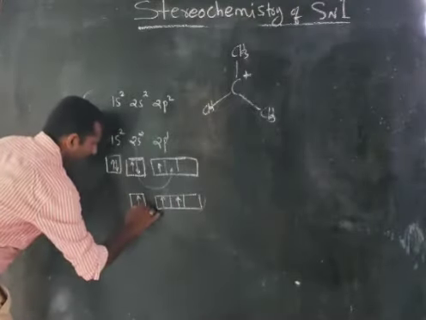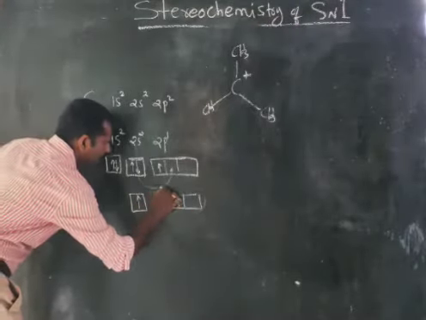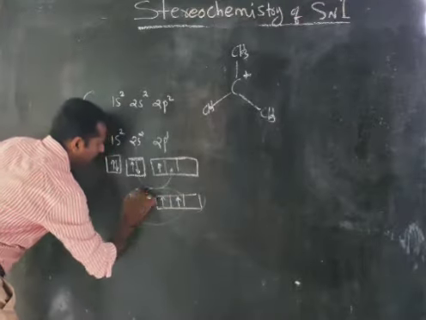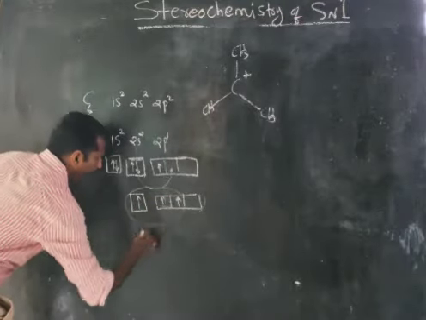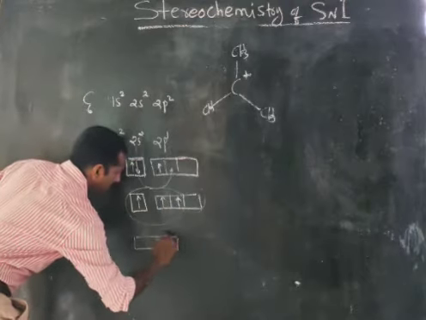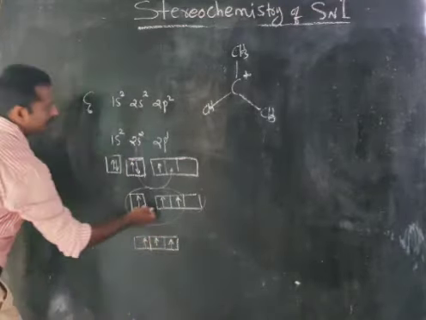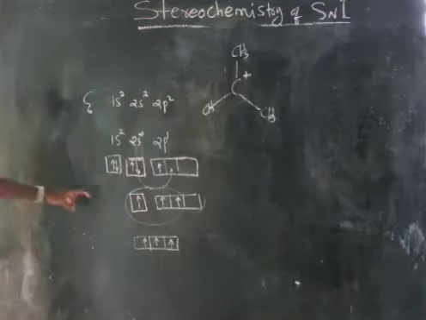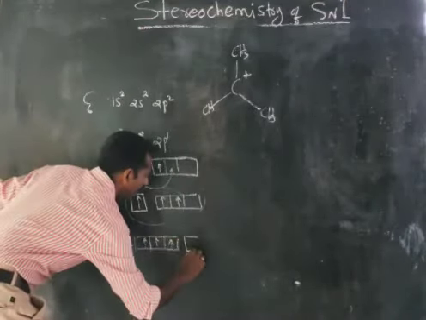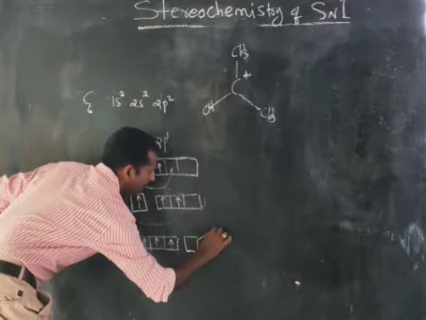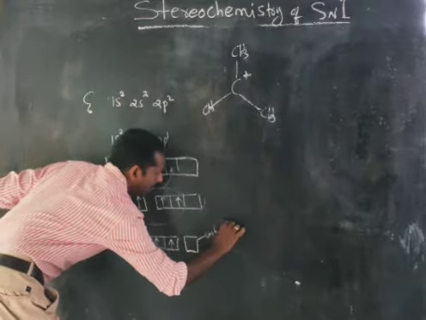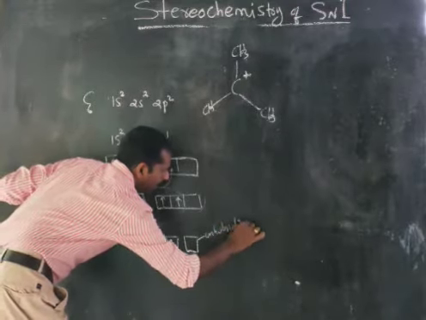Now what is happening? The 2s and 2p orbitals mix together, and you get 3 sp2 hybridized orbitals, and this one is an unhybridized p